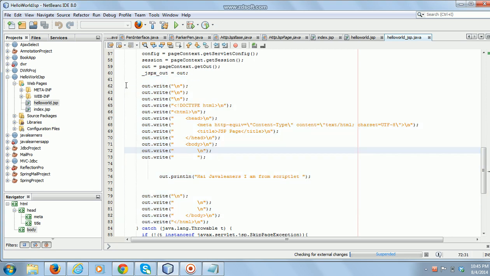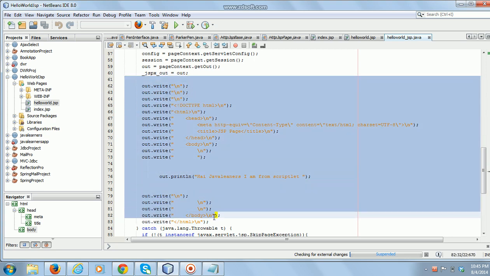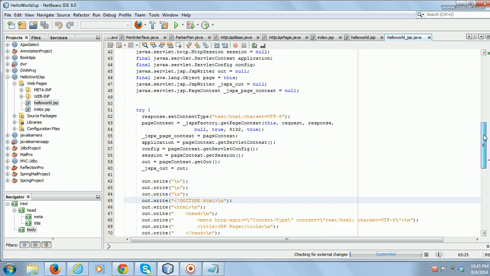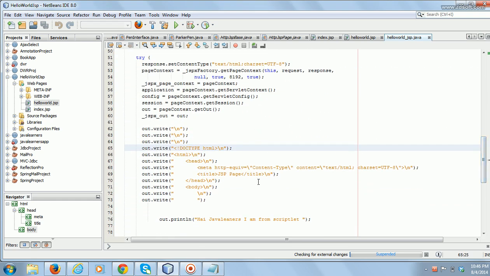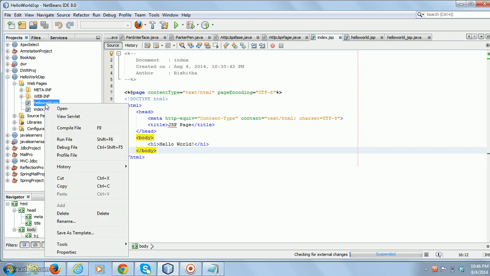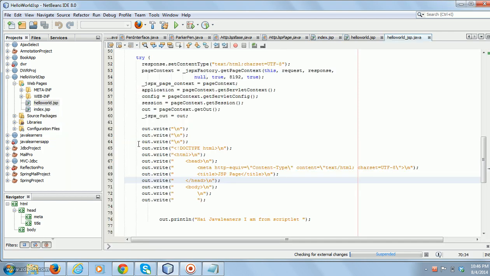The container generates a class file with the method underscore JSP service. The underscore JSP service contains the code in the JSP page. Got it? But as it is, it won't be there.